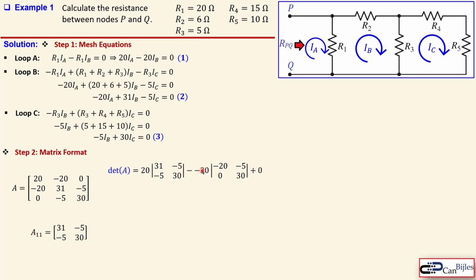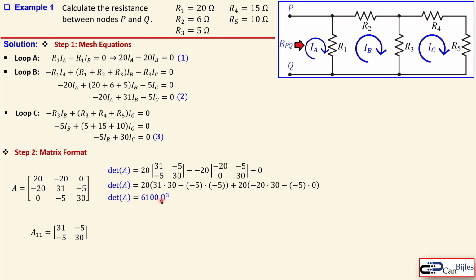So that's then a minus 20, and then you lose these parts. So you only have these 4 values here. And the third one is 0, so I just added them here for completeness. And now we need to determine the determinant for this part, which is then 31 times 30 minus 5 times minus 5, and the similar operation here. That's all shown here in detail, and that will add up to